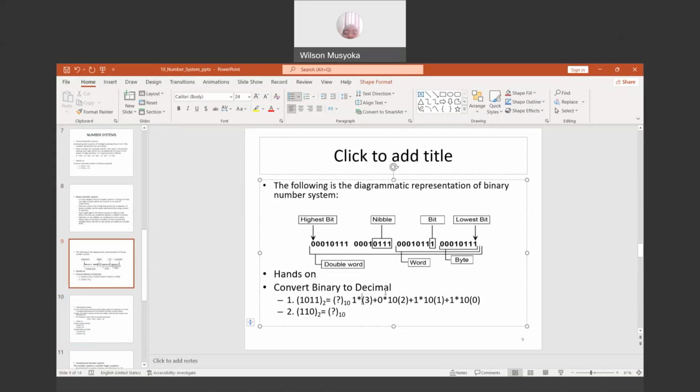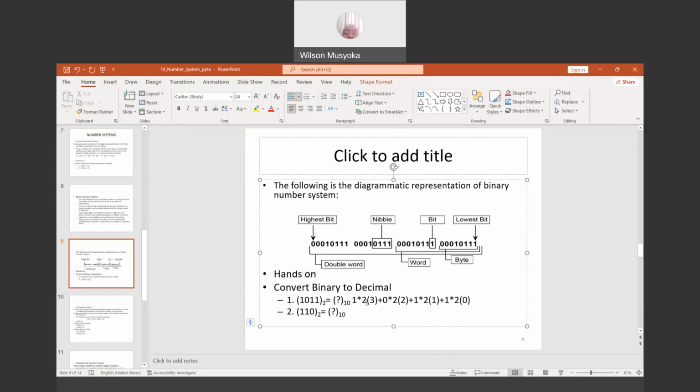Sorry. Then raised to power 3. Yes. The value here should be 2. Sorry. And so you will get it as